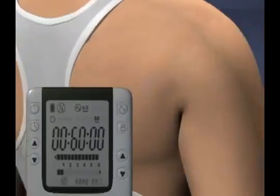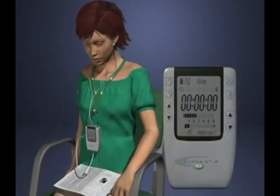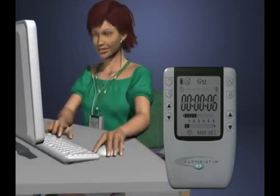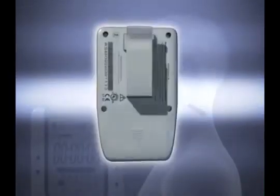Use the Alpha Stim M with confidence. For most people, relief can be achieved with brief treatments every other day. Some people only achieve maximum relief when using the Alpha Stim M for several hours every day or even all the time. This is rarely necessary, but not harmful. So use the Alpha Stim M with confidence, knowing you have a safe and effective tool to help you experience